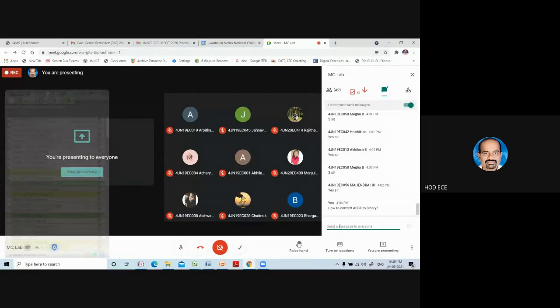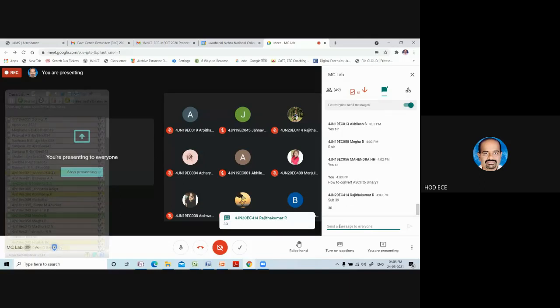So we converted from binary to ASCII by adding 30. Now, how to convert from ASCII to binary? Subtract 39? Why subtract 39? Okay, Rajat is telling subtract 30.